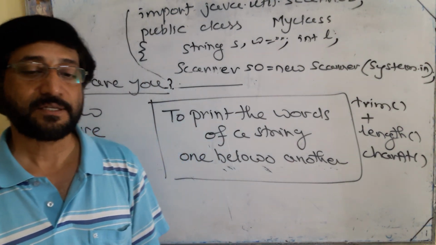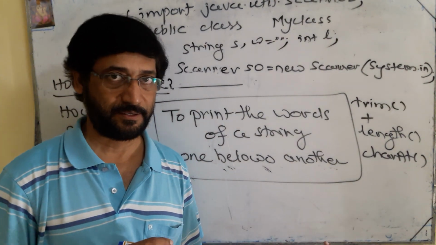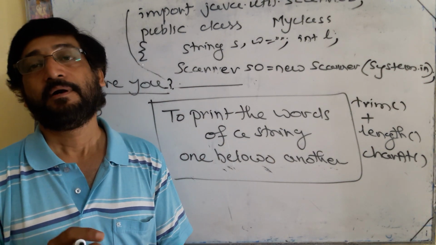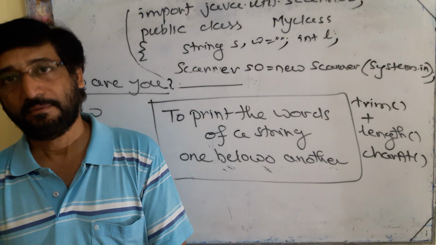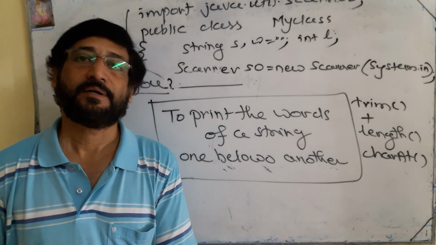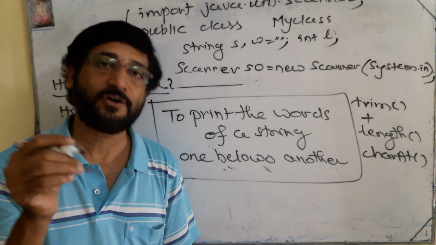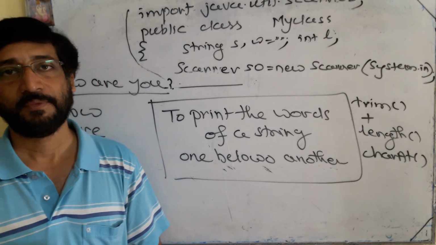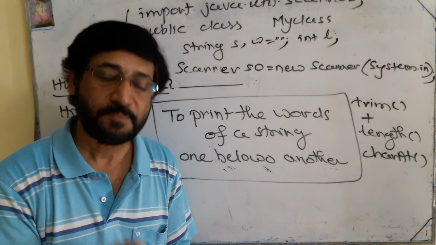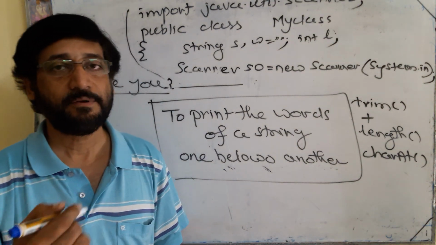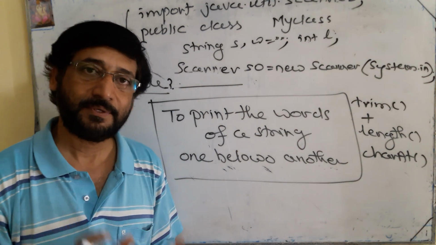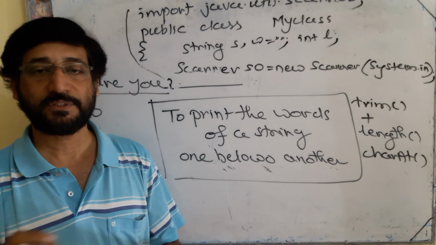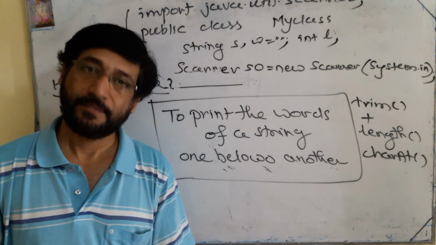So you have to check the condition if the selected character is a space character or not. If the selected character is a space character, then you have got the word. But as long as the selected character is not the space character, you have to concat the character with the variable w. Okay. Then when you get the space character, your condition becomes false and you will come to the else part. That time you have got the word and you can print the word using the System.out.println function, so that all the words will be printed in a new line.